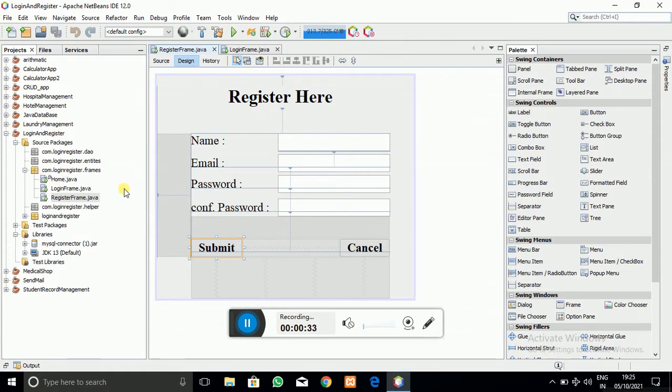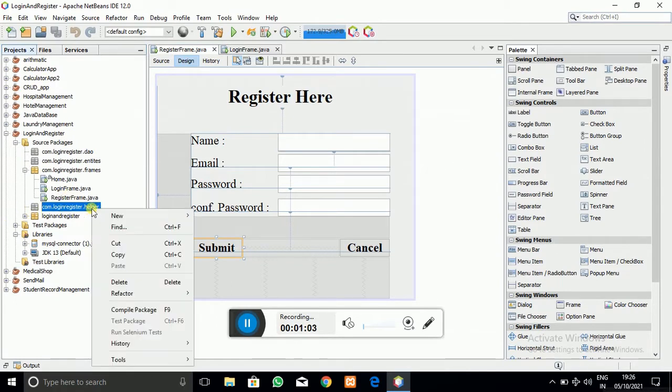Here you can see the project structure, or the packaging structure, that I explained in the last tutorial, which package is for what purpose. Now we require a class, which I am going to create, named ConnectionProvider. In it there is a getConnection method, which returns the connection object to us, establishing the connection to the database. So let me use that package.